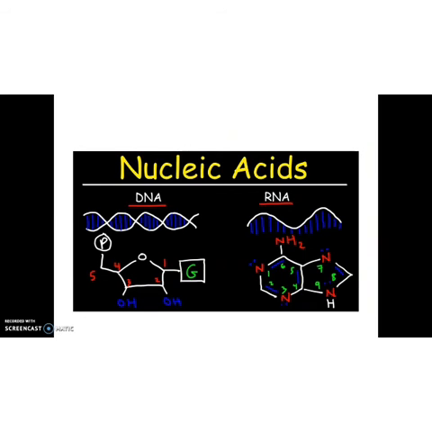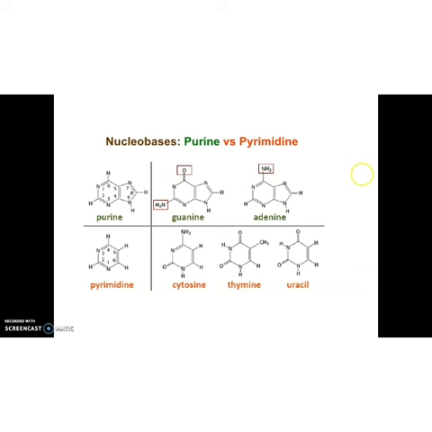Next is about nucleotides. That is the monomeric form of nucleic acids. We know that living organisms have a number of carbon compounds in which heterocyclic rings can be found. Some of these are nitrogen bases: adenine, guanine, cytosine, uracil and thymine. On the basis of the number of ring structures present in them, we can classify them as purines and pyrimidines. Children, guanine and adenine are purines having a 2-ring structure, whereas cytosine, thymine and uracil are included in pyrimidines.